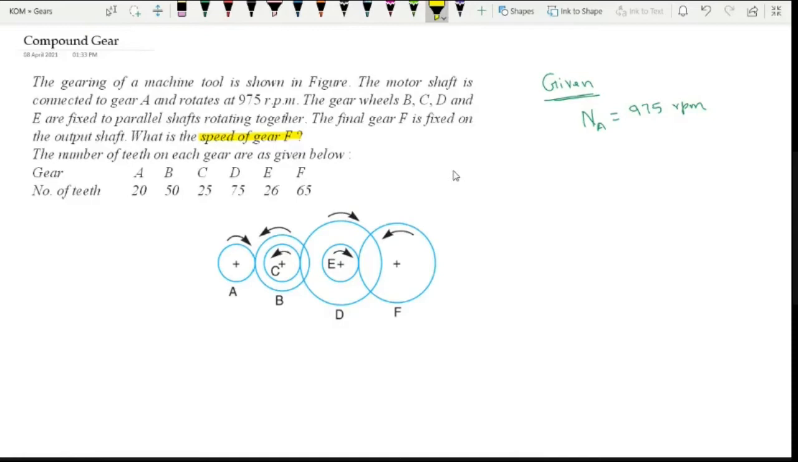Okay. So the number of teeth for each gear is given, right? Which means TA is given, which is 20. TB is given, which is 50. TC is given 25. TD is given 75. TE